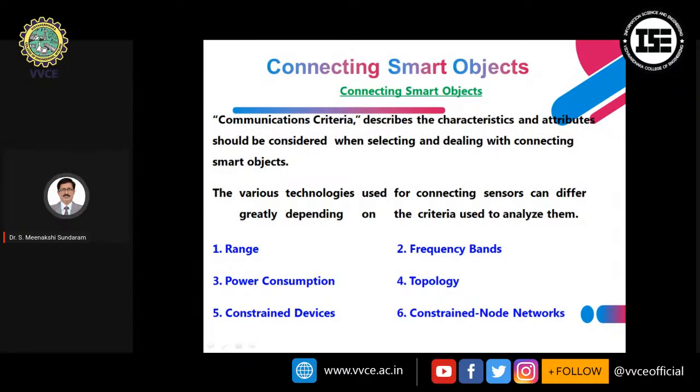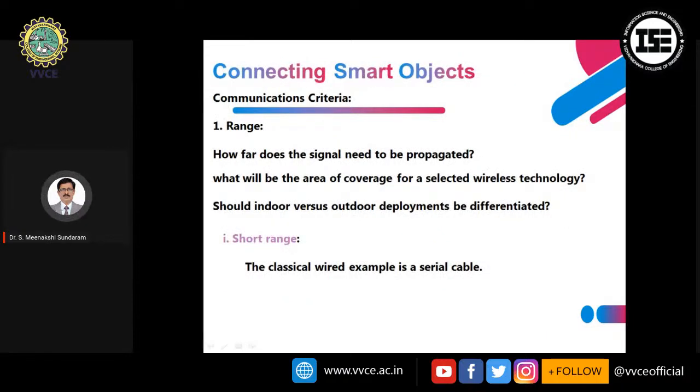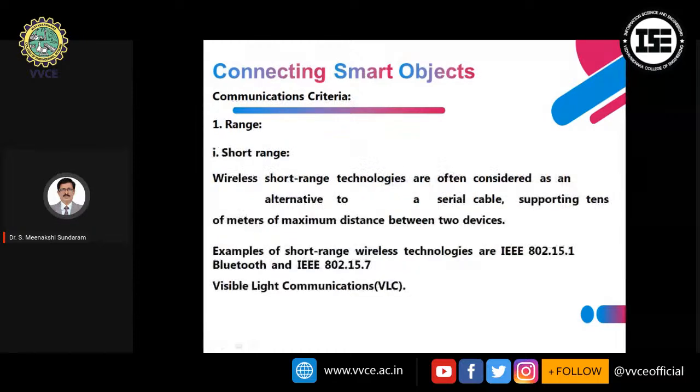And for connecting smart objects, the communication criteria, the various technologies used for communicating with sensors can differ greatly depending on the criteria used to analyze them, based on range, frequency bands, power consumption, topology, constrained devices, or constrained node networks. If we take, for example, the communication criteria in smart objects, if we take range, short range is there. Similarly, for example, short range alternatives to serial cable, short range wireless technologies, as we know,